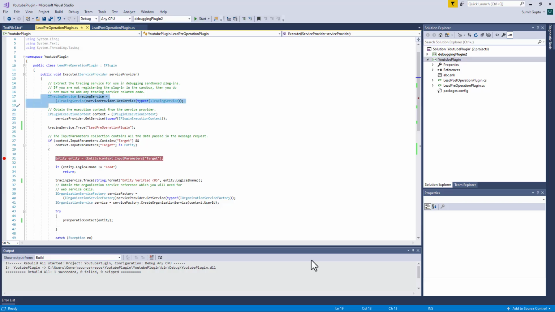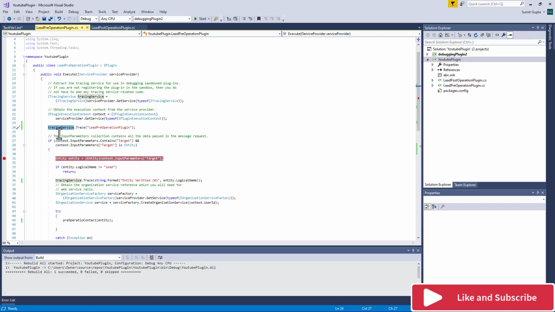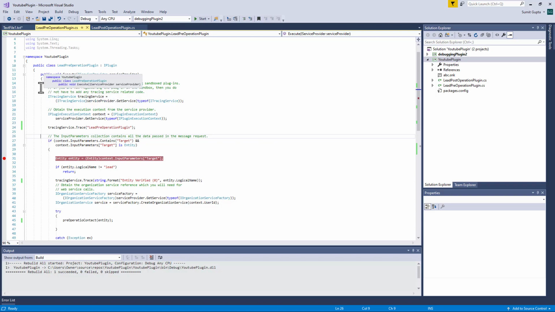So for that you need to have access to your Visual Studio and definitely to your assembly, whichever you are registering in Dynamics CRM. Now you need to have this service enabled, like you need to get this service out of your service provider parameter which has been passed. You would be getting ITracingService. In ITracingService, we can create this variable of any type or any name. So I usually create it by the name of tracingService so as to keep it simple and I can utilize it anywhere. So wherever we want to,